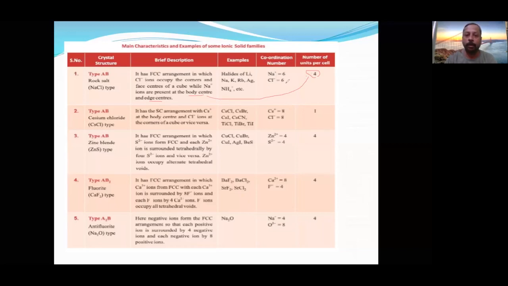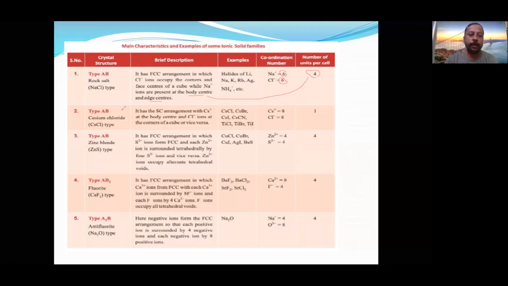Is it understood? In the same way, the coordination number. The edge center of FCC is a cubic void; those voids we are also going to study. So the coordination number is 6. Examples are very important. Here I have mentioned only those examples which are in the syllabus. Nothing extra, nothing out of syllabus is mentioned here. So I expect everybody to go through it.